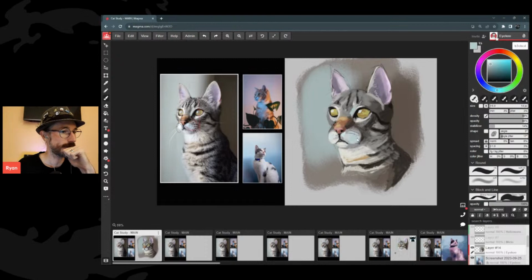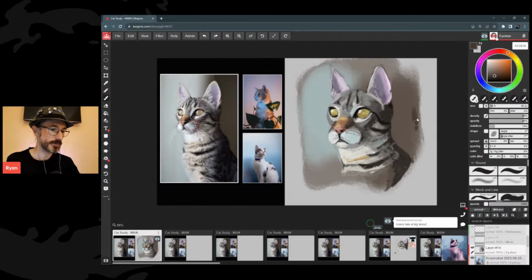More blue in here. Even down here. It's a bit darker than